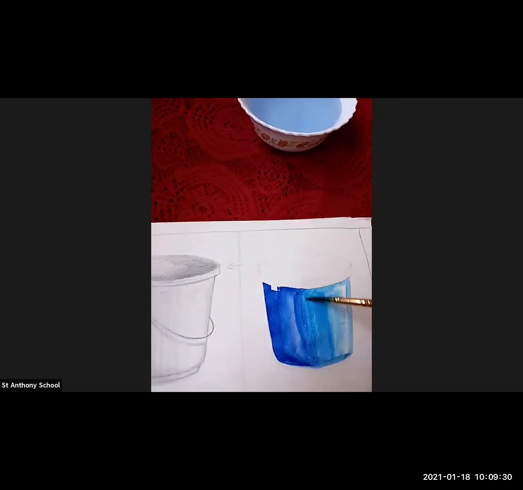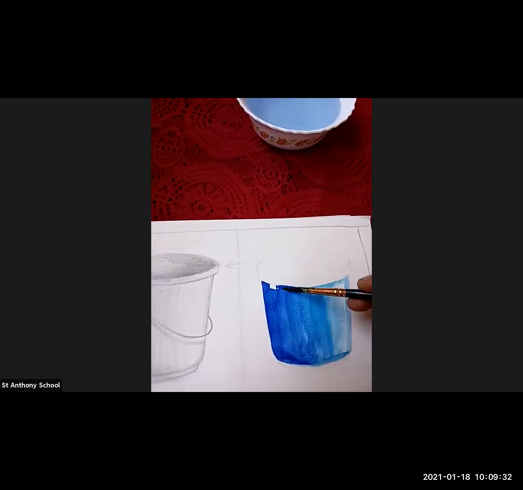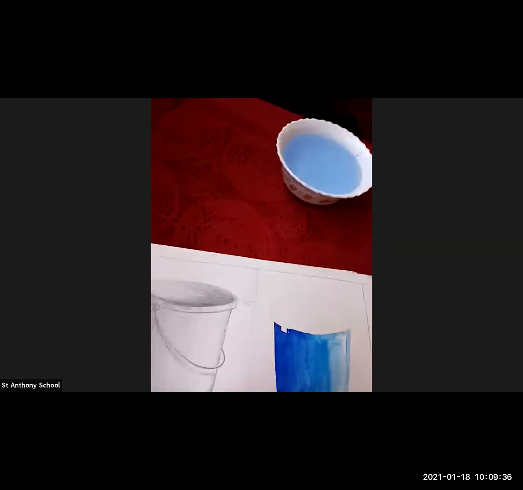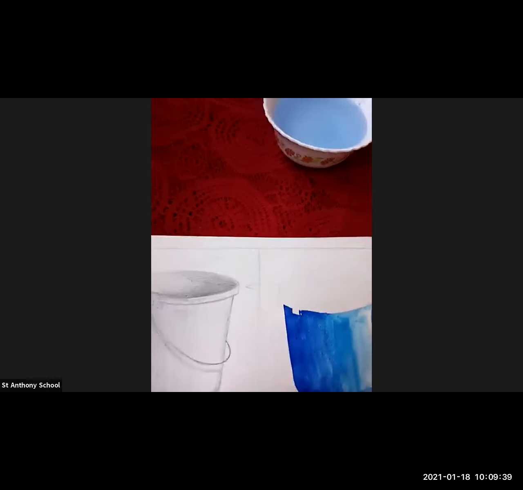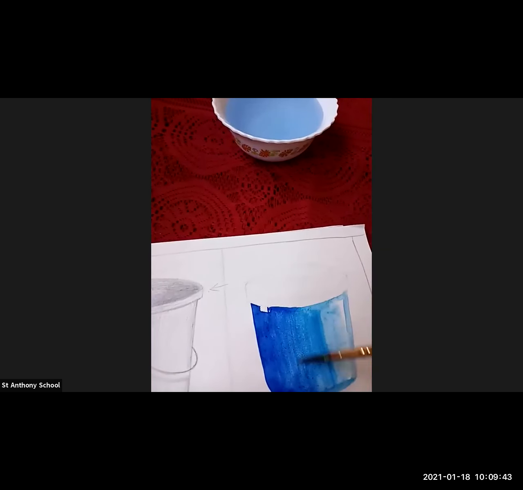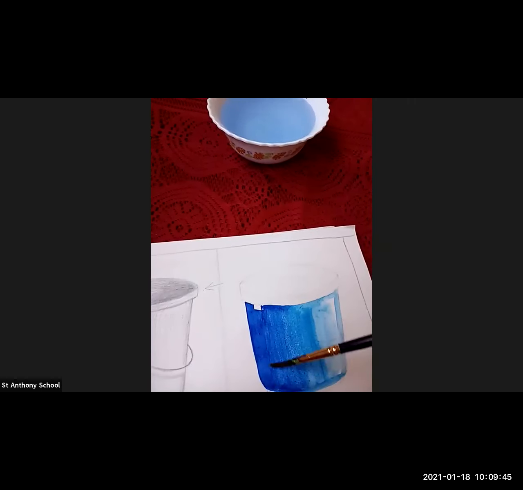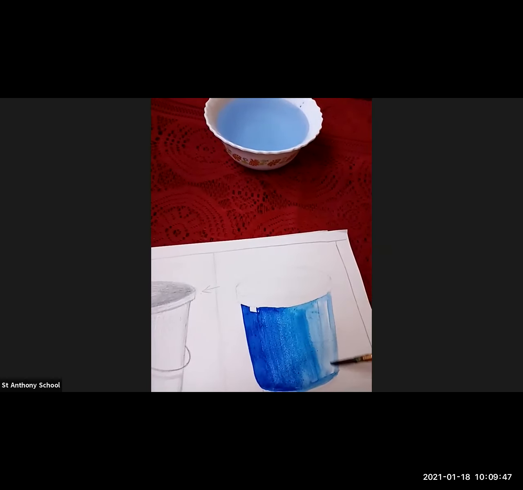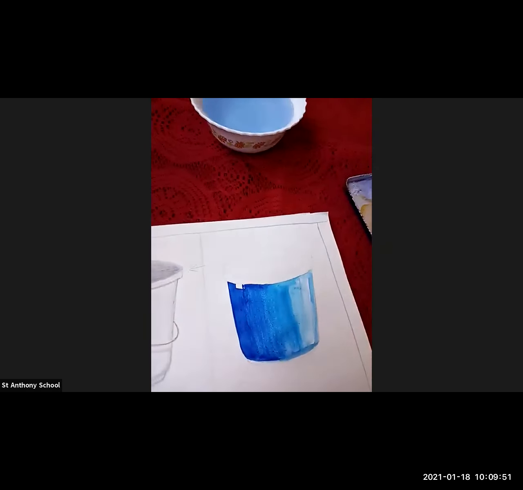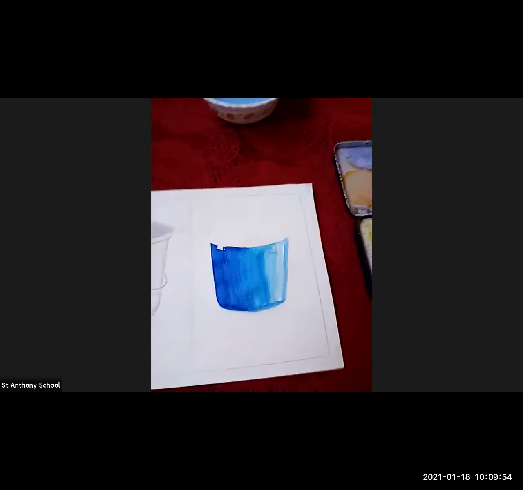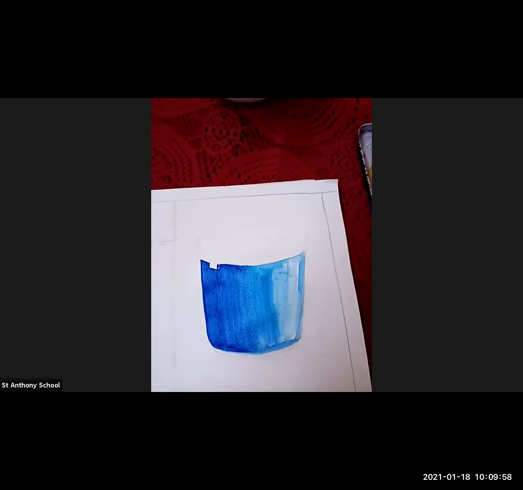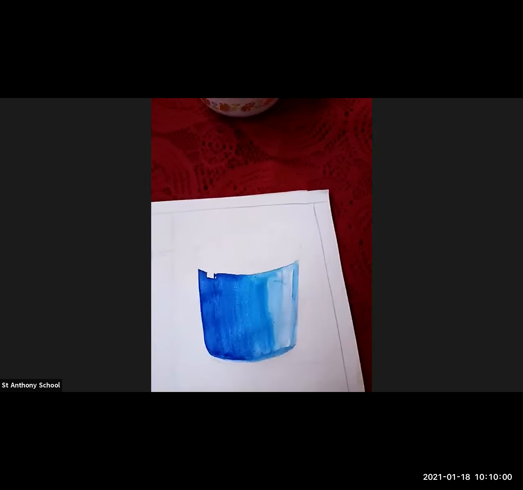So this is the way how you're going to color the bucket. Yes, this way you're going to color it. Now this is a watercolor, so it looks very patchy over here. So now what we are going to do is, Steffi,